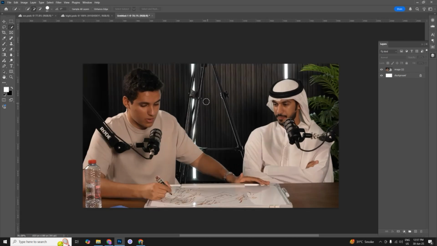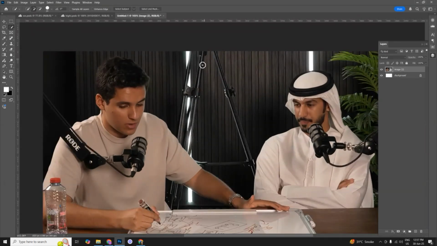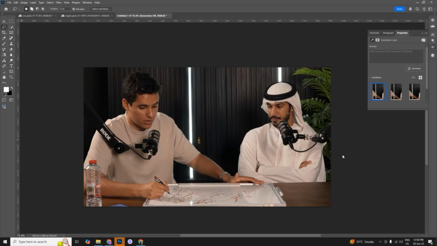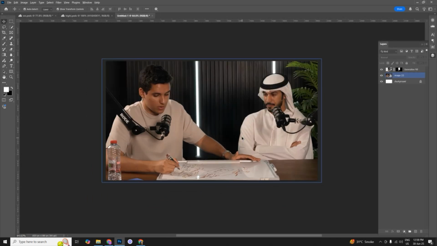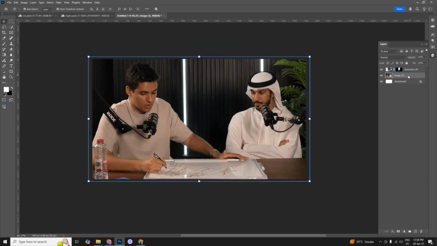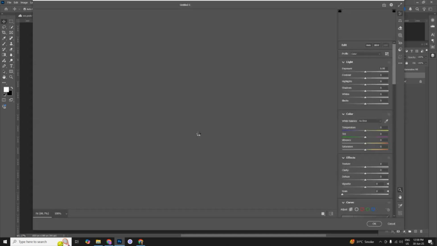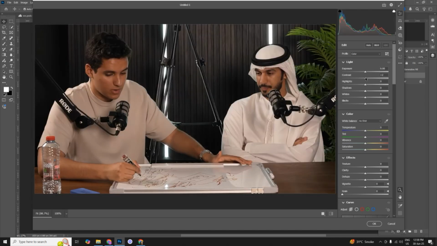Okay, and for the background we have to remove this because it looks so cluttered. As you can see, AI did a really good job. I think that would be great. So just go to camera filter and make some adjustments so it looks pop, just touching some contrast, highlights, shadows, whites and